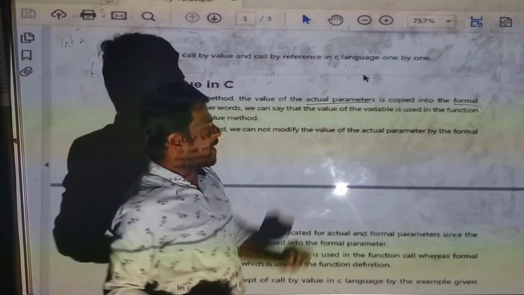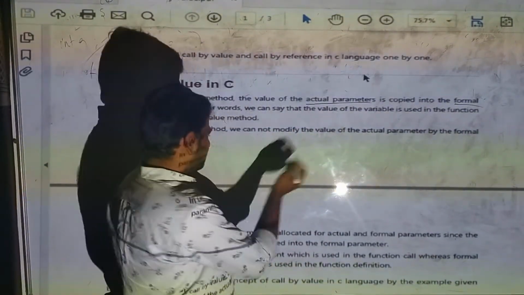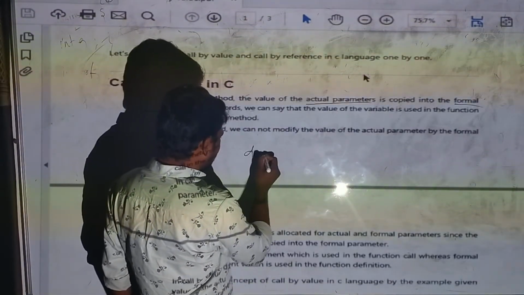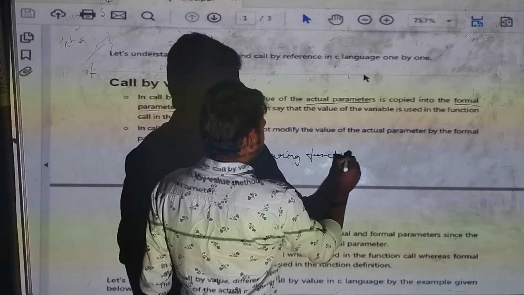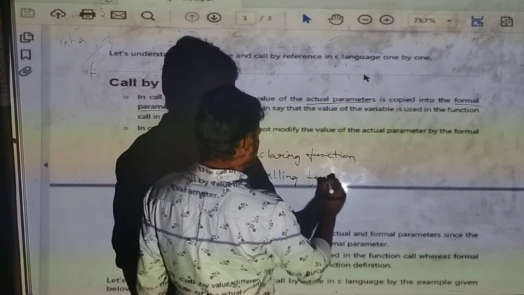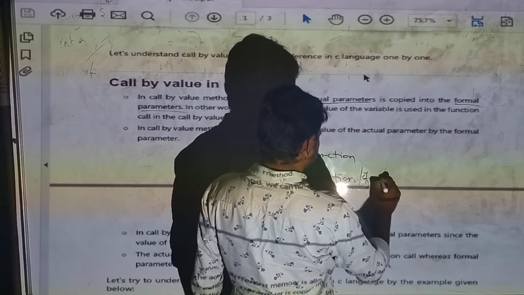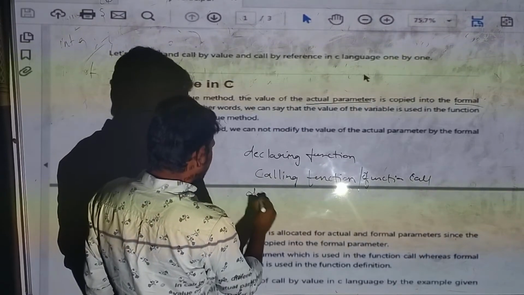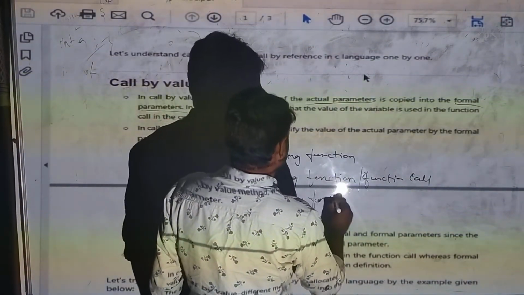Regarding actual parameters, we learned three aspects of a function. Generally, first we declare a function, then we call the function, and we define the function.